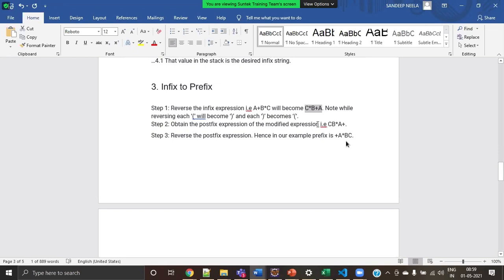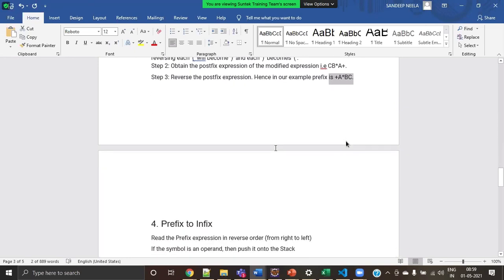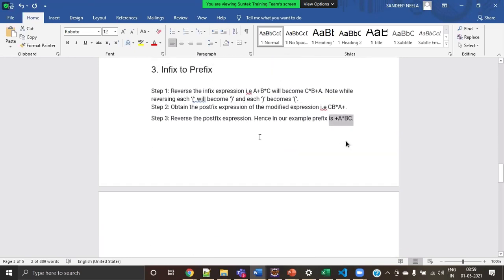After we got the postfix expression, reverse this string. That is nothing but the prefix. This is one of the approaches. If you don't know how to find the prefix immediately, you know how to calculate the postfix expression. First reverse the given string, find out the postfix for that, and reverse the string which is obtained now. That will be the prefix. Reverse the given string, find out the postfix, and reverse that string. That's it. Is it clear?